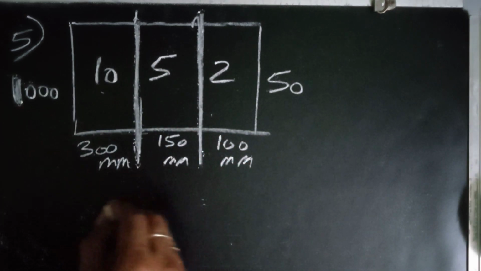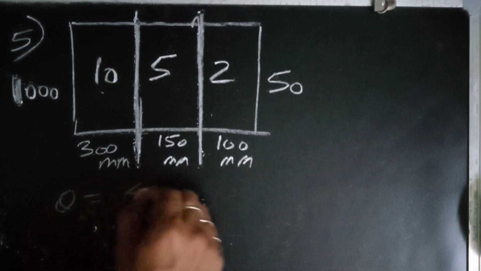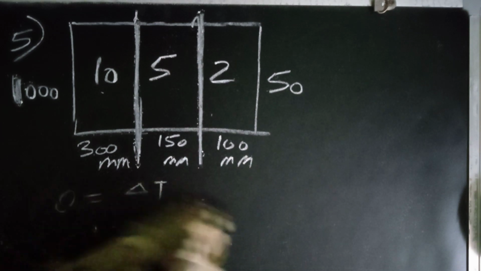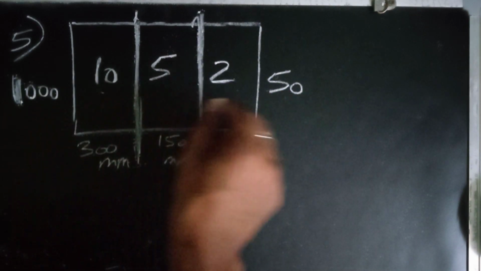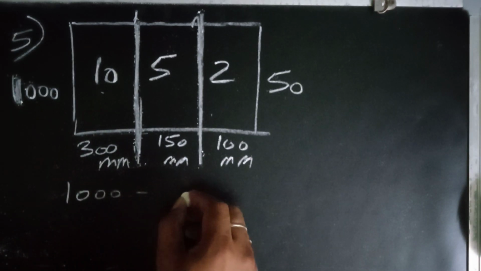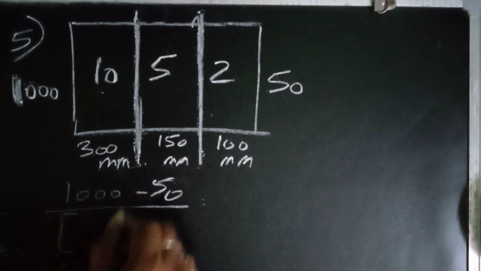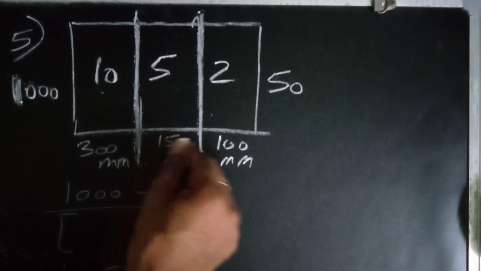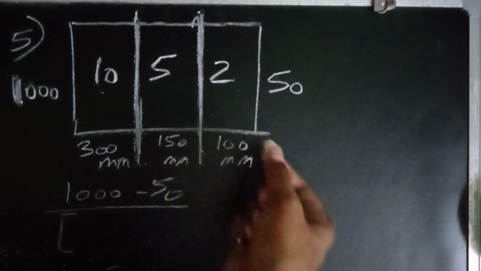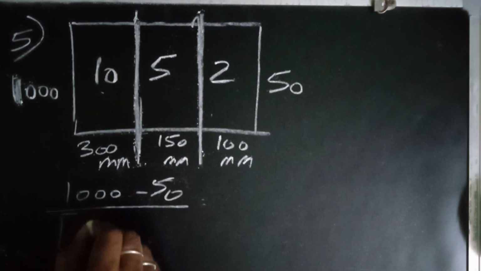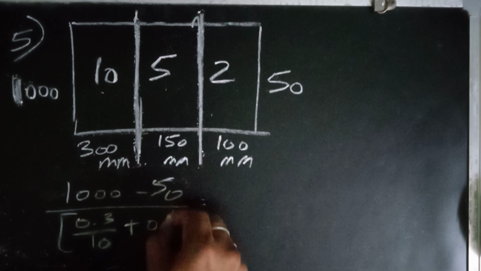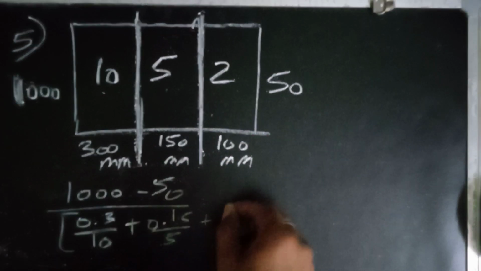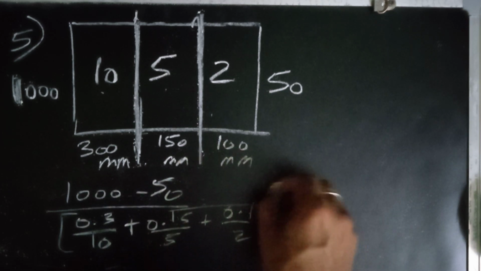The procedure is simple. q is equal to delta T over the resistances. Resistances are in series, so it is 1000 minus 50 divided by 0.3 by 10, plus 0.15 by 5, plus 0.1 by 2. This would be equal to